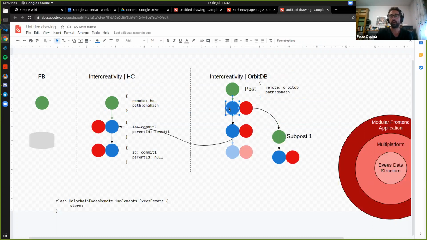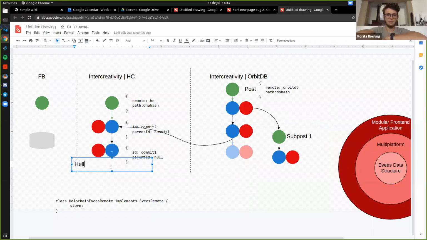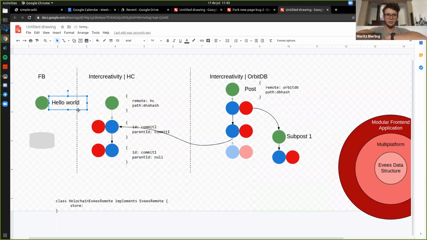The blue ones are the commits, which keep the history, the life of the object. And the red ones are the actual data objects. Oh, so the blue basically includes the metadata, and the red is the strict JSON object. Yes, exactly.